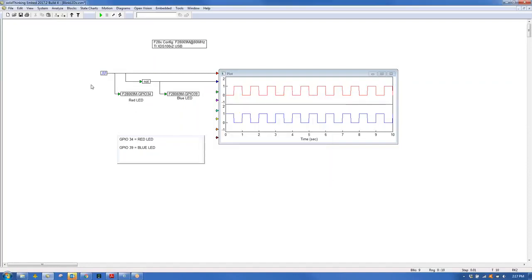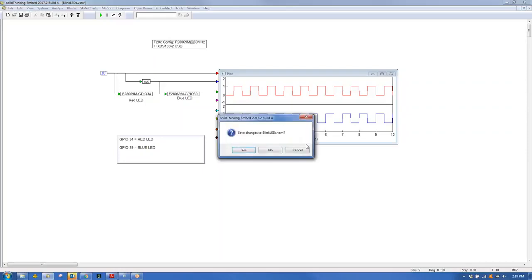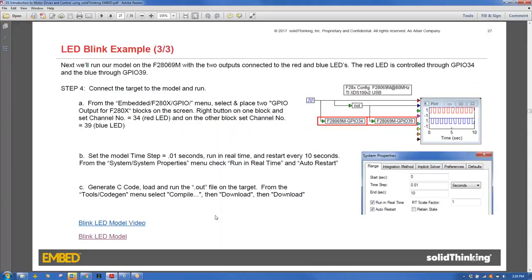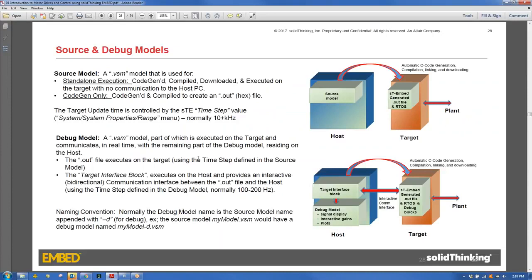We were able to get a very simple diagram working and running on the 6.9M that we created in Solid Thinking Embed. So let me close this, and let's move to something a little bit more challenging. But before we do that, we need to understand a few things in terms of terminology. As it will turn out, things get complicated when you want to have data communication between the target and the host. What we did right now is